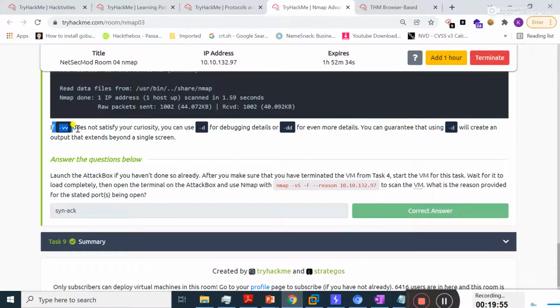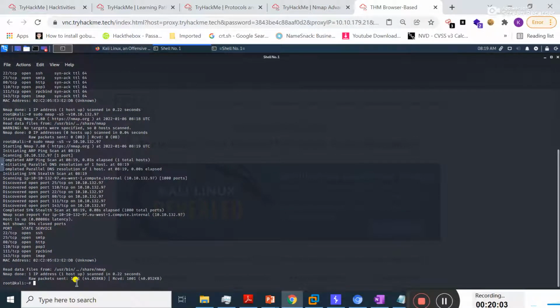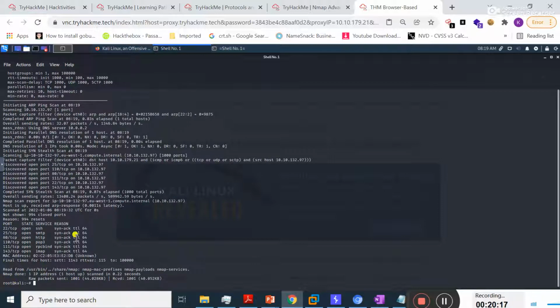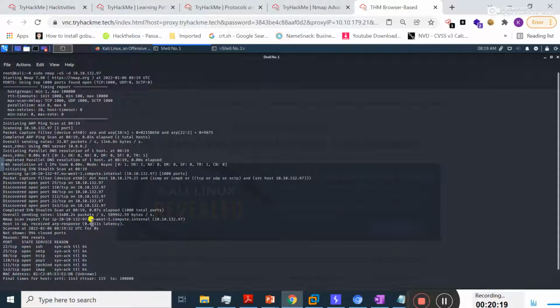Okay, if -v does not satisfy your curiosity, you can use -d for debugging details or -dd for even more details. If you want to use the -d switch for debugging purposes, see here it will display more detailed results.